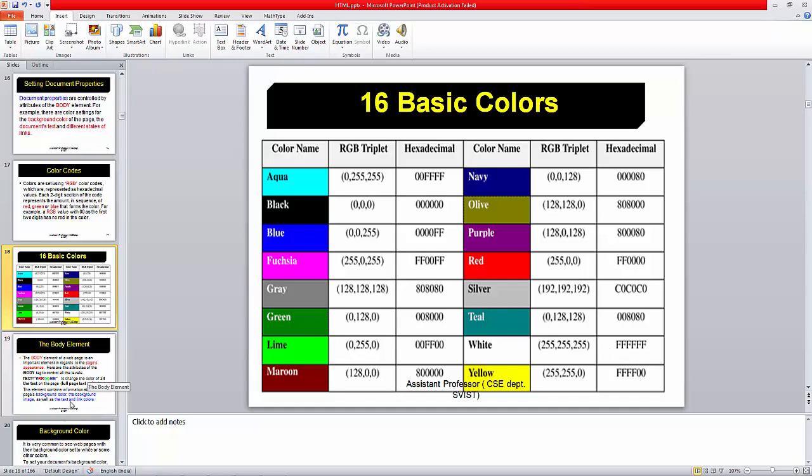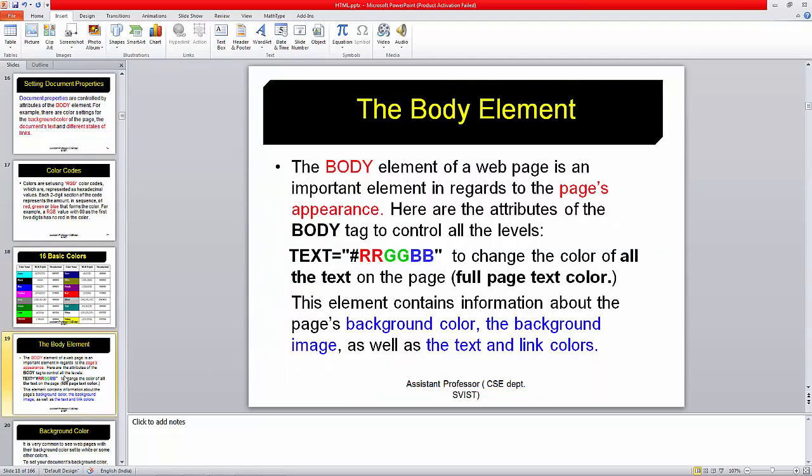So now we are carrying forward to the body element. We can give it a background color, we can change the background images, and we can also control the text color. So now the text color can be changed.